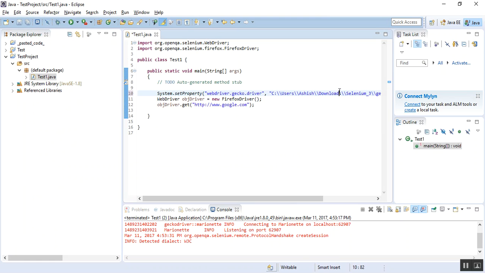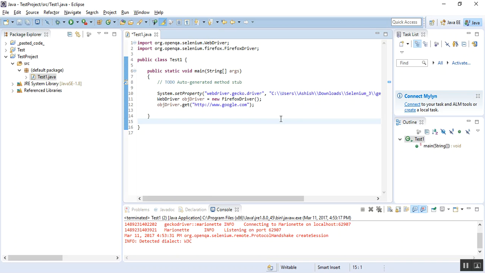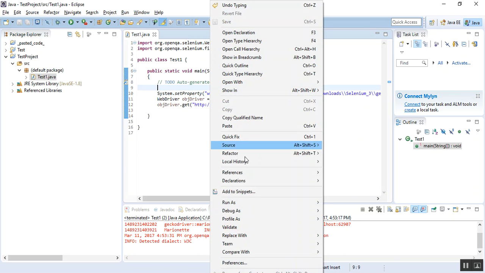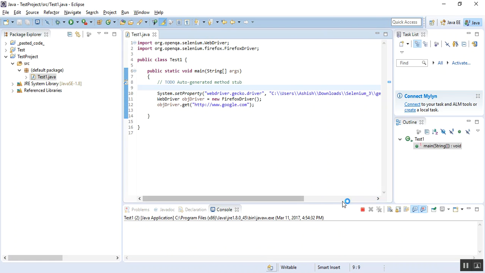I would use it in this statement in the end, a double slash and the geckodriver.exe name. Don't forget to give the extension, that is also very much required. And once this is done, let's try executing this class, whether it works or gives us an error. So I'll right click, run as Java application.